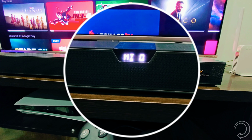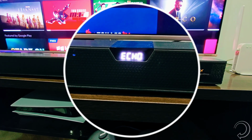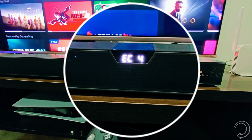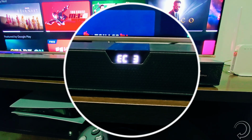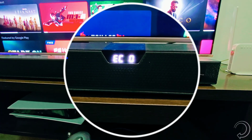And if you move ahead, there will be the level of echo for the microphone. You can even set the level of echo, how much you want for the microphone when you set it to karaoke mode. So all these settings are given inside the soundbar. And again, if I press the settings,